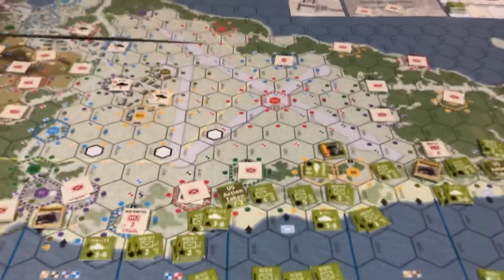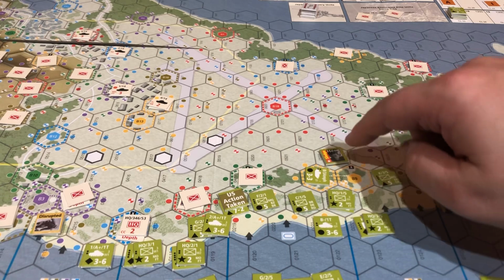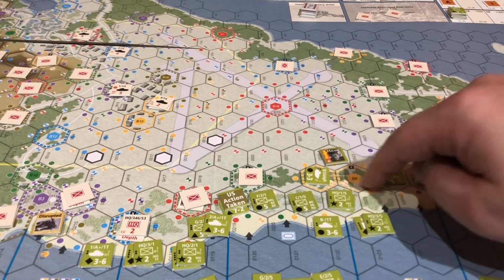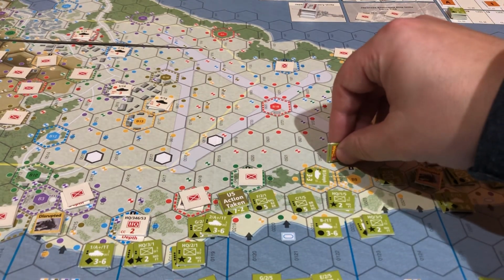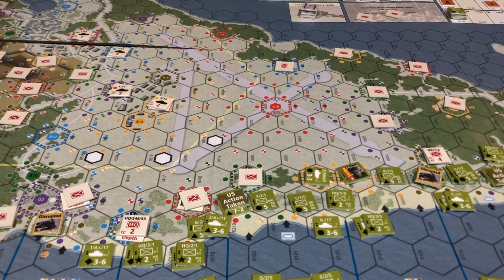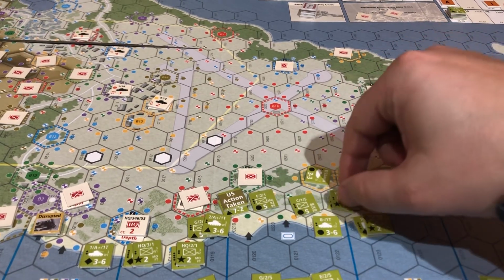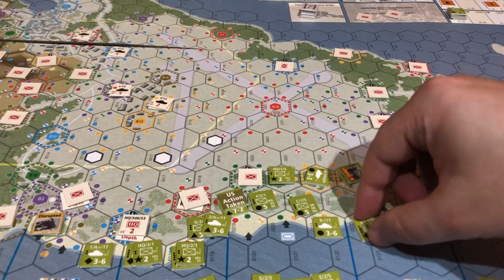Now I got 2 more HQ units though. So like this one can move 3 spaces. Hold on. Where was he? He was here, right? This is a jungle. He has to stop if he goes into a jungle. So he has to stop there. He can't go any further. Same with this one. So if we go here, we have to stop. But this guy can move to there. And then this guy